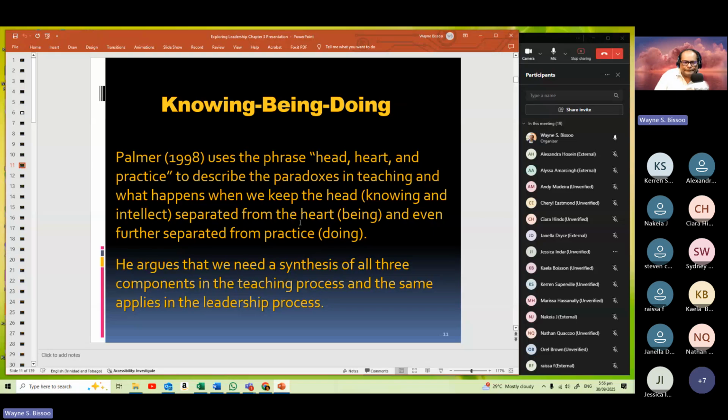And I found that if you don't have all three elements put together, your practice is going to suffer. If you don't have your technical information and you don't have the passion, you're going to find that the experience you engage in is going to be